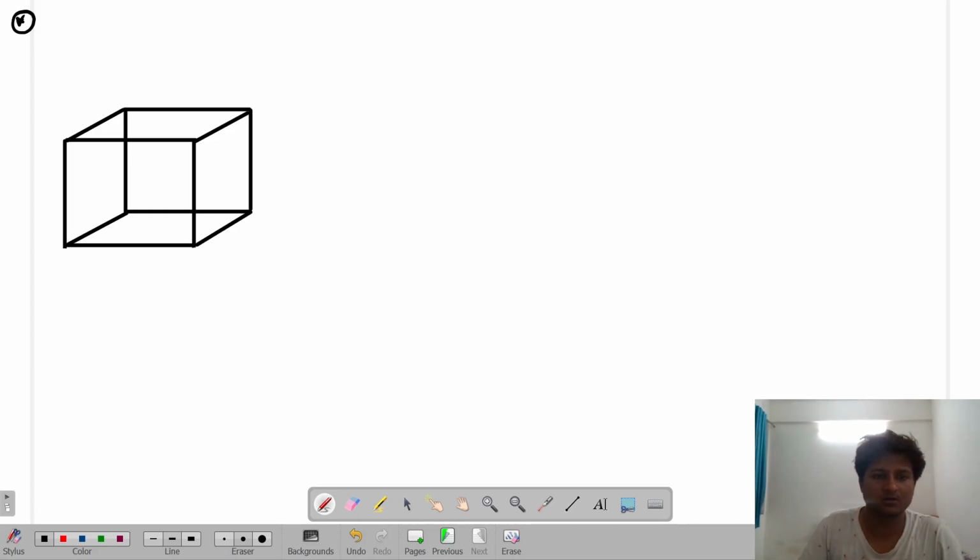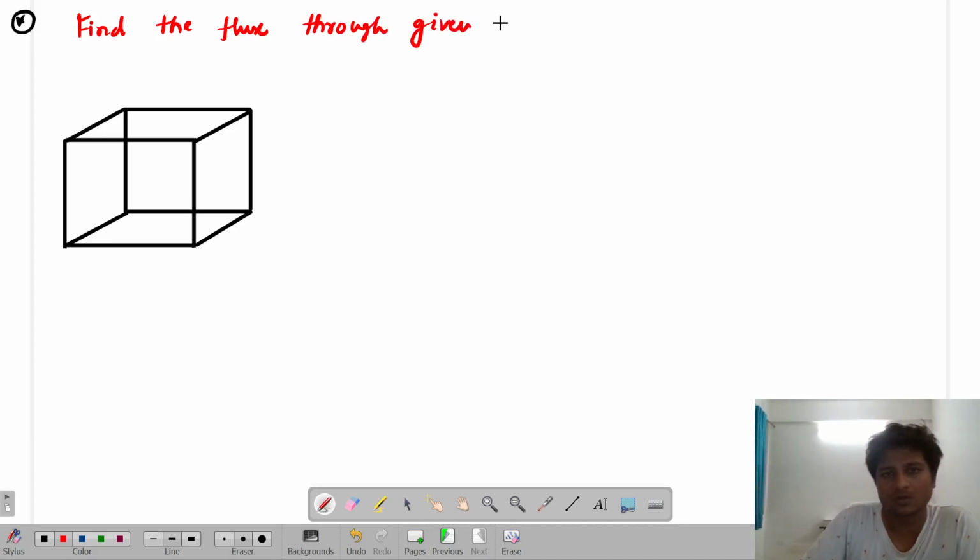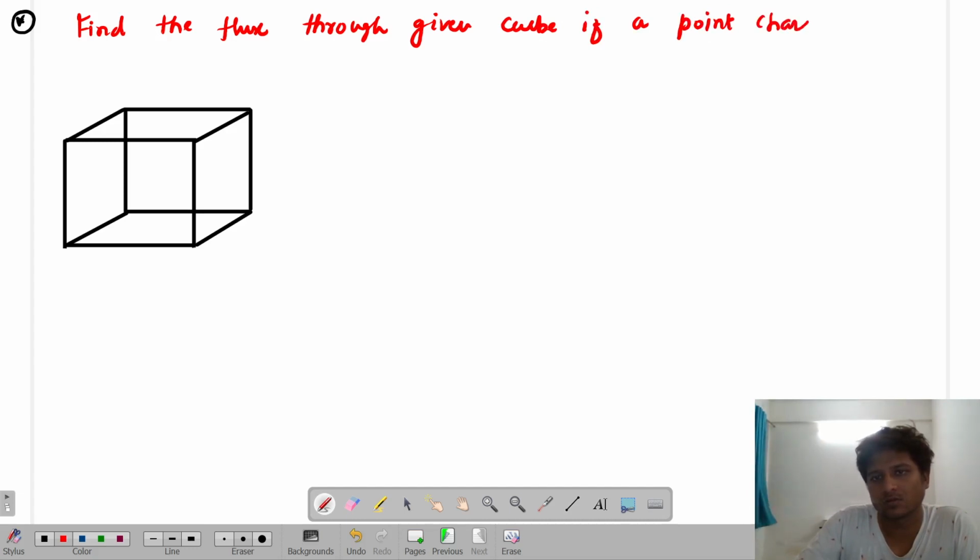Find the flux through the given cube if a point charge q is kept at